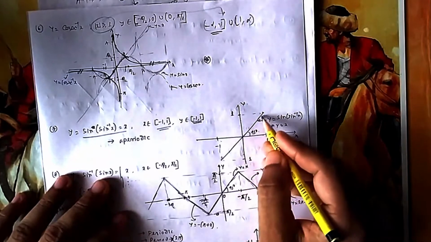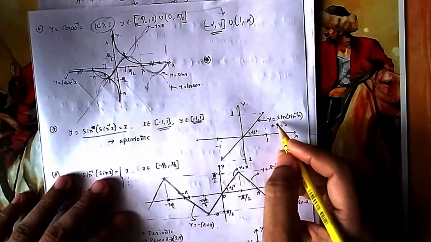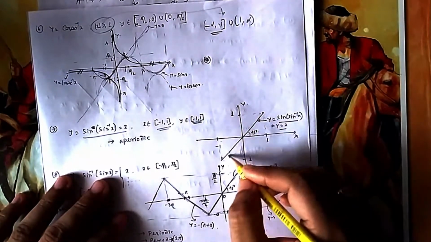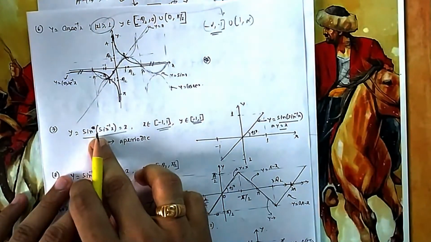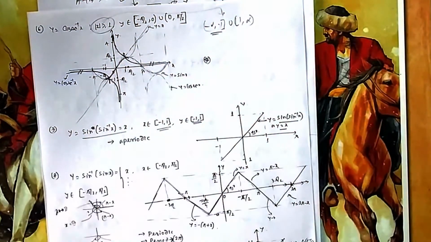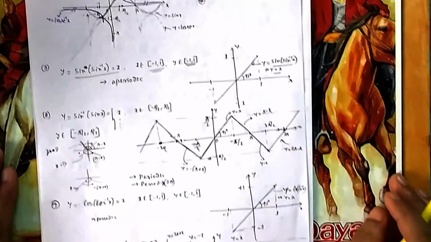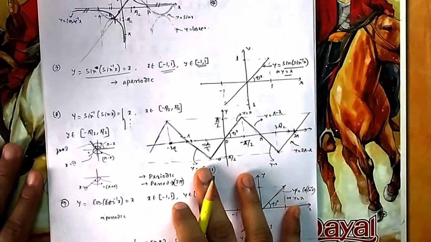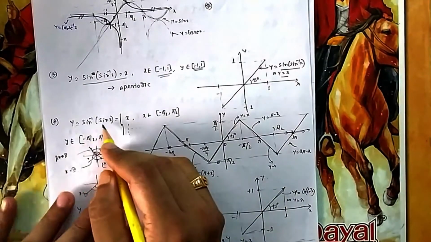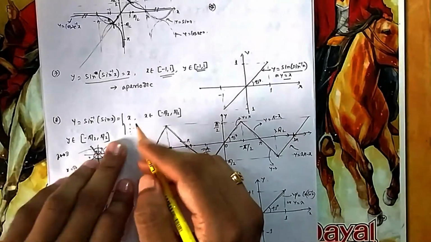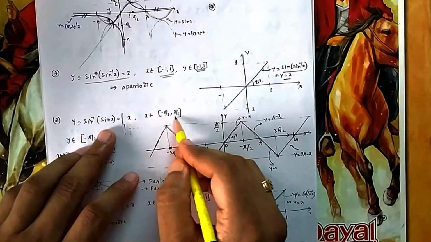So it is the same line. It is the straight line y equal to x. So it becomes easy for y equal to sine of sine inverse x. It is the same line. Now the reverse is not true. We have seen already sine inverse of sine x. This is equal to x if x is in between this domain.